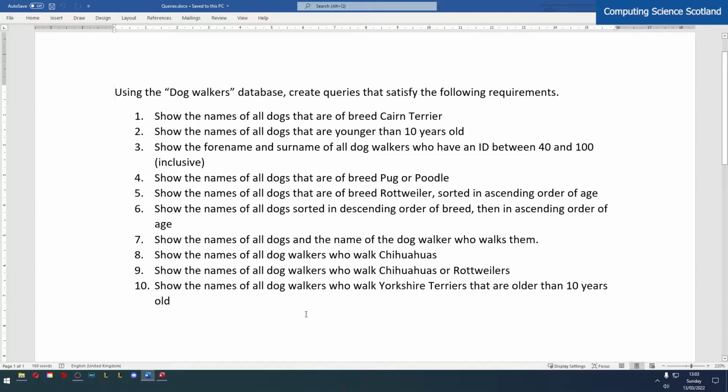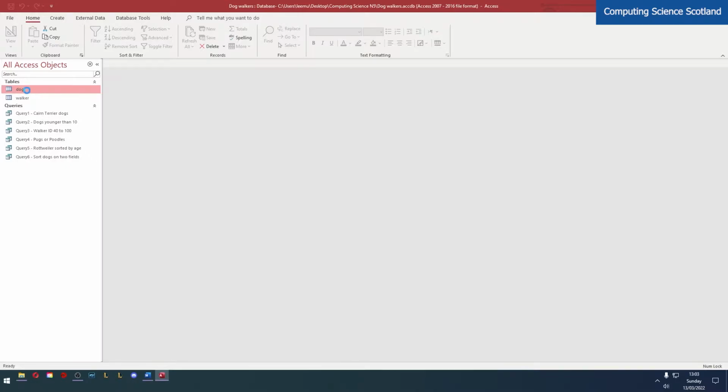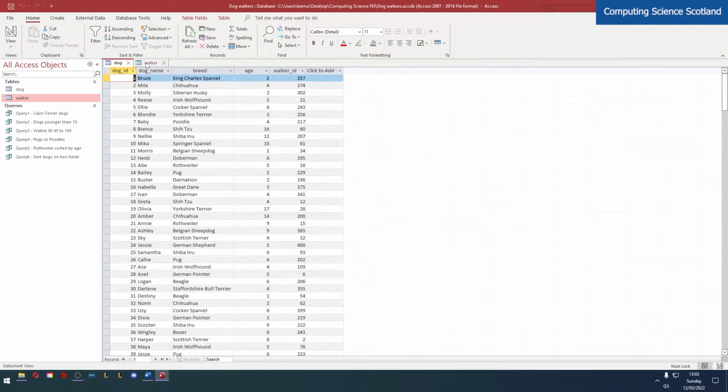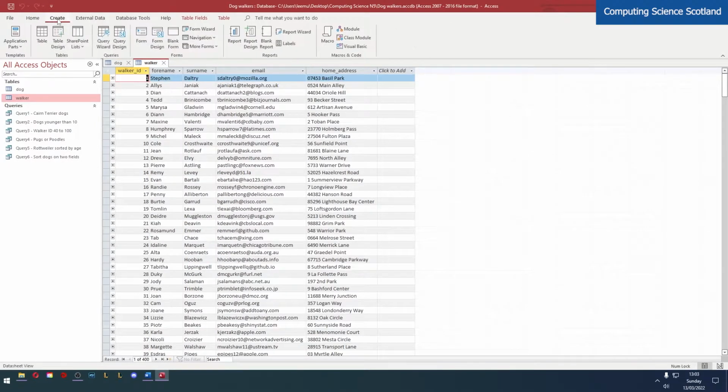Today we're going to learn how to create a query that relies on two tables. In this case, we're going to get the dogs and the walkers. So that's two tables. Here's the database. We've got the dogs, we've got the walkers, but how do we create a query that can display data from both? We'll create a query